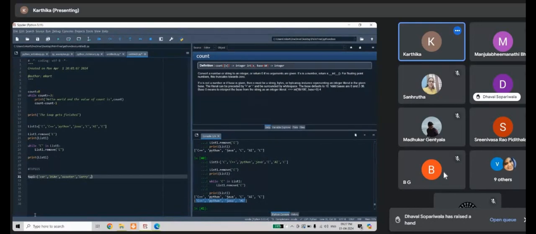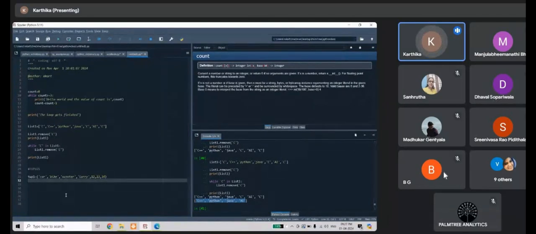So 12 comma, so whatever numbers I want, I can have numbers also. The values have to be the same as a list, only the brackets are changed, and the main difference between a tuple and a list is